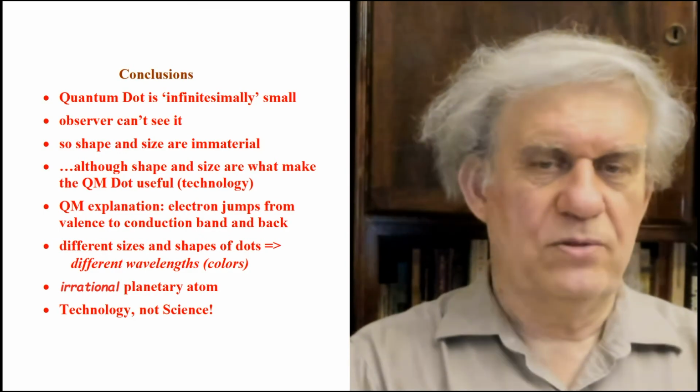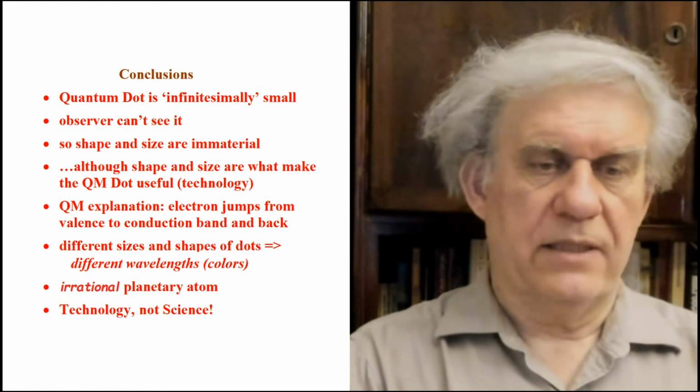And the fact that they put the adjective quantum in front of it is very misleading, because people approach you and you say, well, hold it, quantum is irrational. And they'll say, well, no, but we have quantum computers and quantum dots. They use that word quantum, they think they're talking about science. You say, okay, so we have quantum computers and quantum dots. Yeah, you wouldn't have a computer if it weren't for quantum. But they don't realize that computers are classical objects that we can see and touch and manipulate.